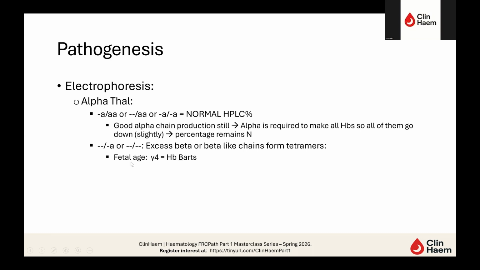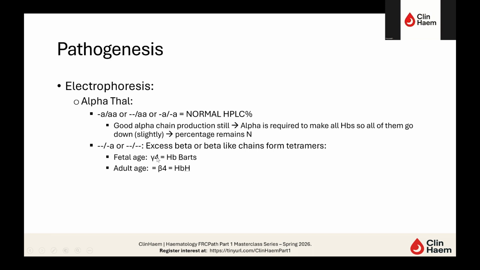Now, in the fetus, as you remember, gamma chain is the one predominantly being produced from the beta side. So those gamma chains would combine together and form gamma 4 tetramers, which is hemoglobin Barts, B for baby. But it's the same problem if the same baby becomes an adult, or at least after 3 to 6 months of age,